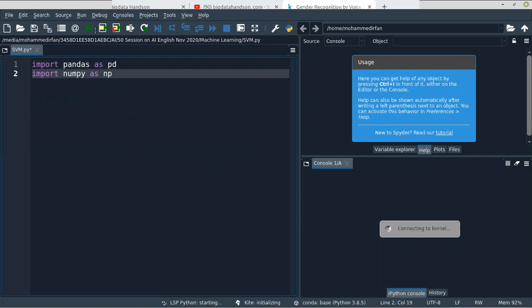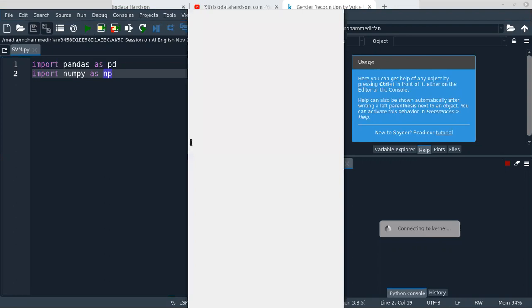It is just connecting to the kernel, and it's taking long.